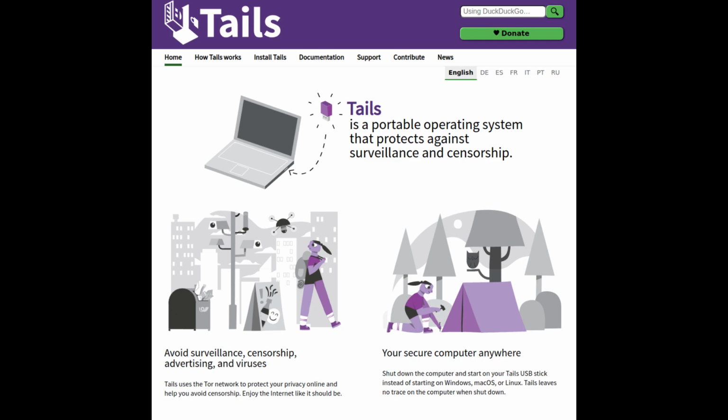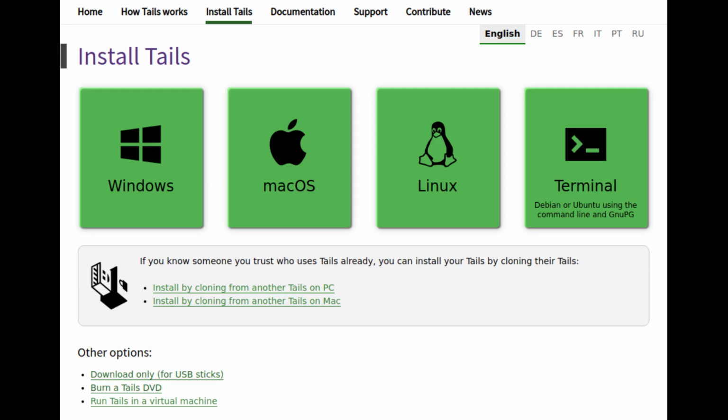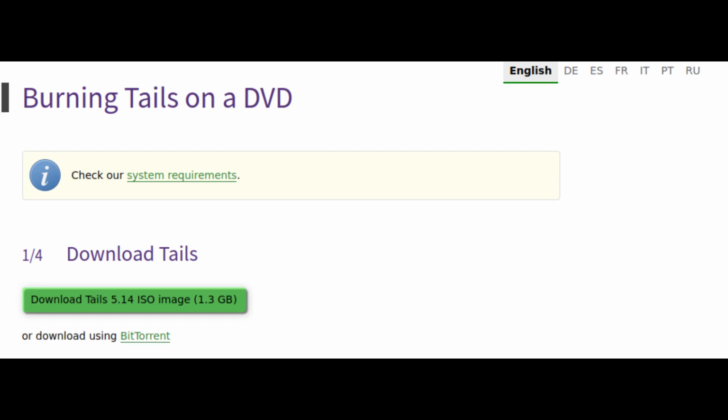Step 3. Head over to the official Tails OS website, and then find the download page. Step 4. Download the official torrent link for Tails OS. This will ensure that the download contained in the link is less likely to be compromised or tampered with, as torrent or magnet links are much harder to crack and hack. It is much harder for a hacker to host a corrupted magnet link than it is to provide an ISO